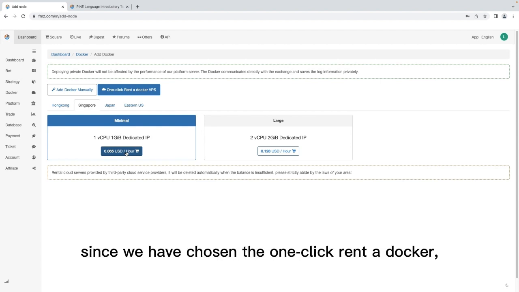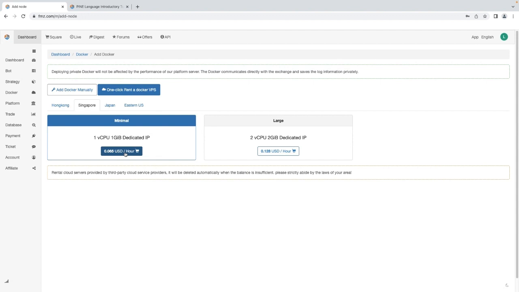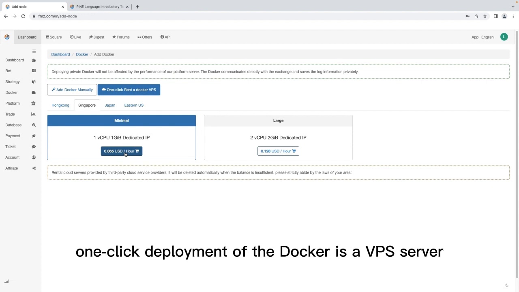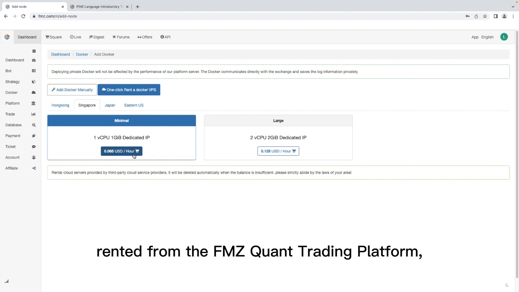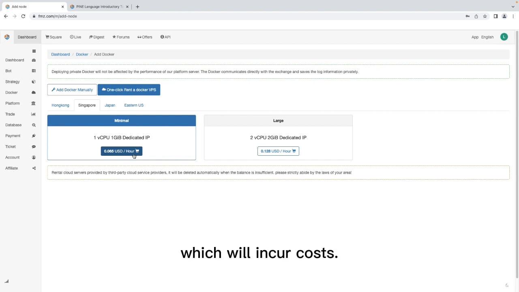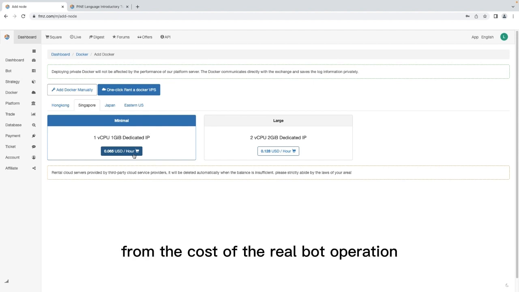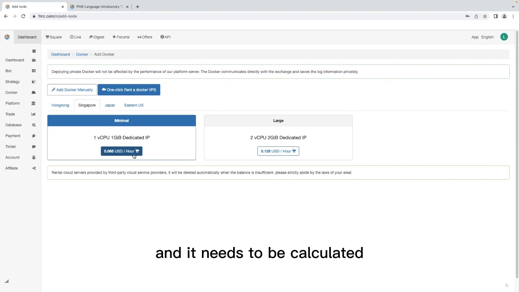And here since we have chosen the one-click rent a Docker, of course, the automatic one-click deployment of the Docker is a VPS server rented from the FMZ Quant Trading Platform, which will incur costs. It is separate from the cost of the real bot operation,